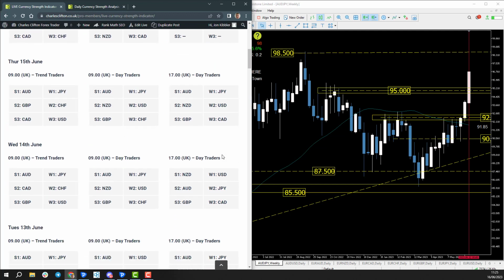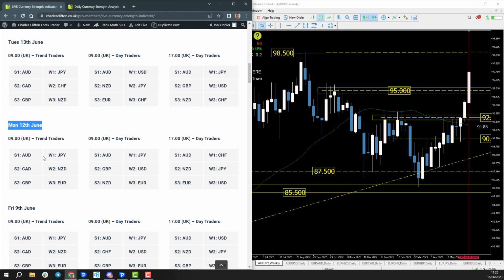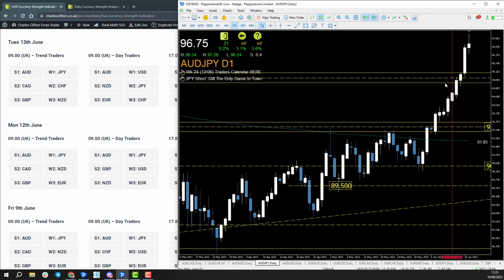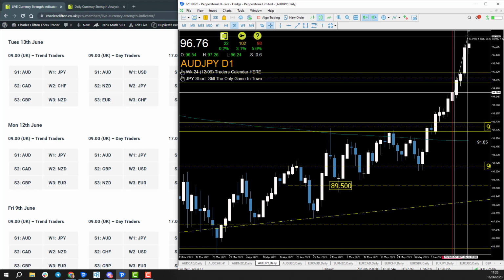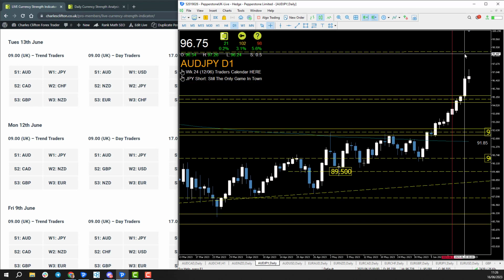If we scroll back through our rolling data here, we can see Monday the 12th of June, Aussie yen topping our trend traders and day traders at 9 AM, and pretty much since then we've been very bullish Aussie yen. I think from the close, even on Monday, price has rallied 200 to 300 pips to the upside, so plenty of long opportunities to come, I feel, on Aussie US dollar, especially because the next level of resistance is up around about